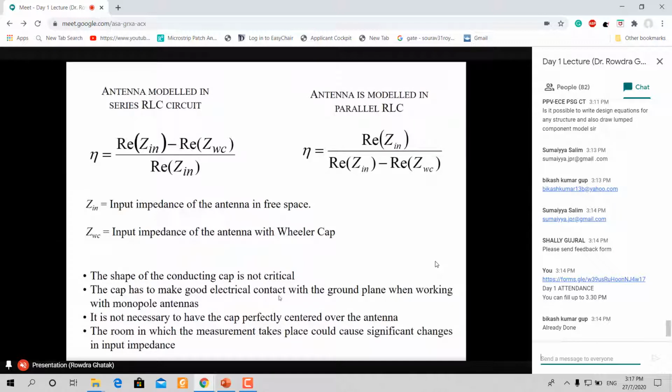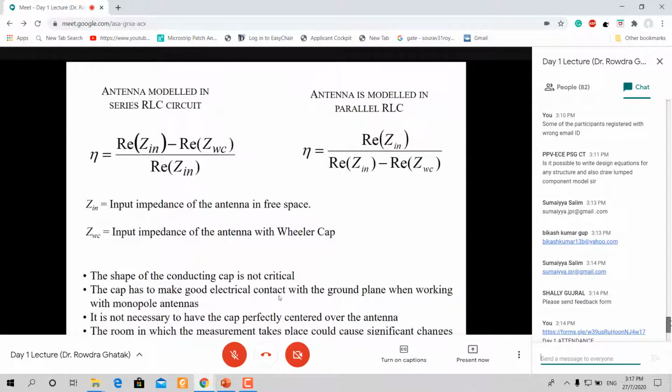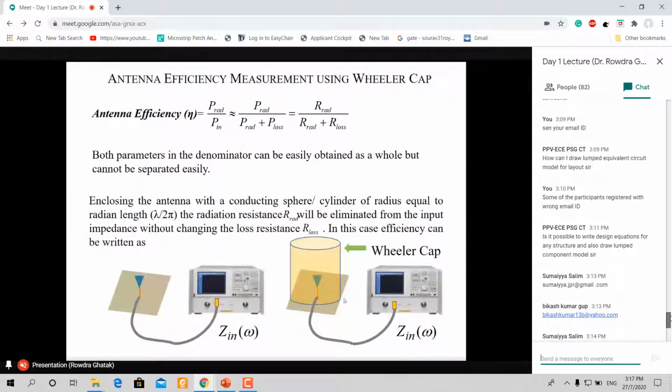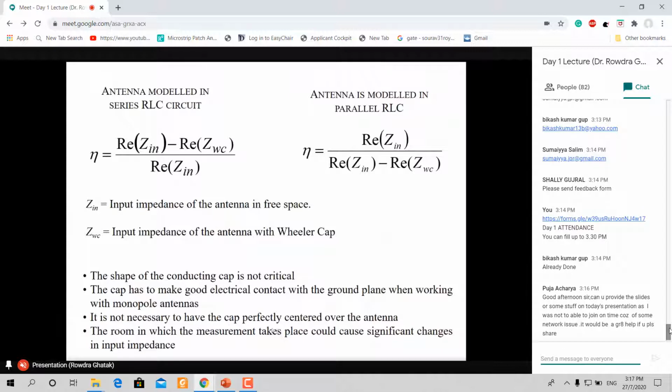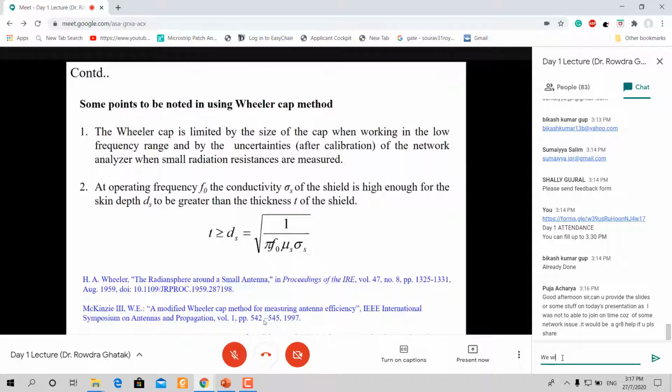I hope you understand this fact, because you can try to work with it, recollecting this figure. So the ground plane should exactly touch the container. It is not necessary that the antenna be placed exactly in the center. A little bit of tuning is required, and again the height and the radius need a little bit of tuning. The thickness of the container should follow the skin depth,